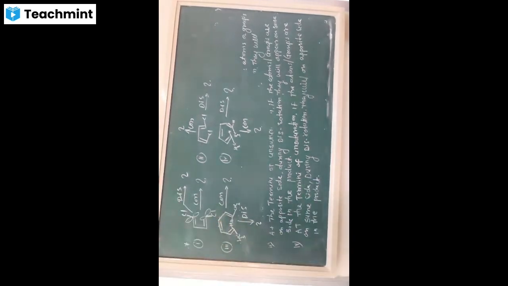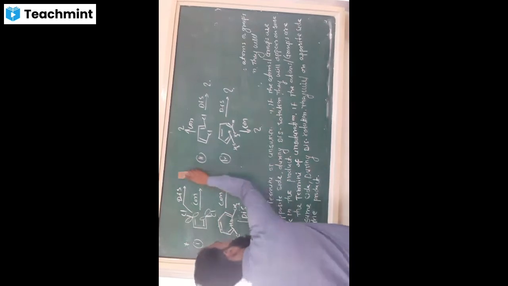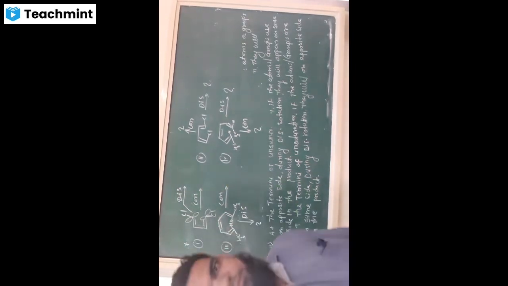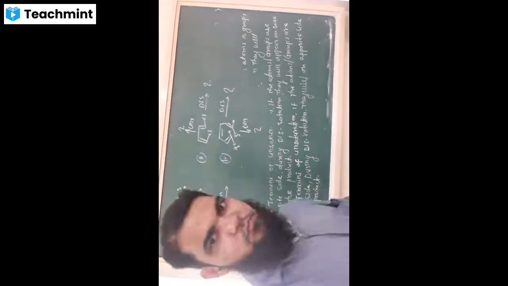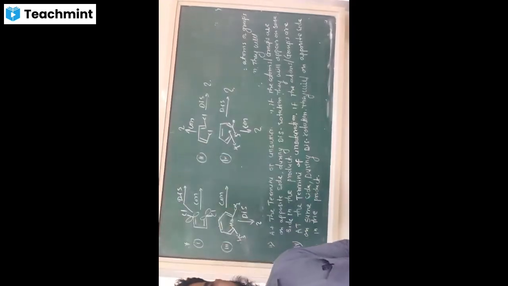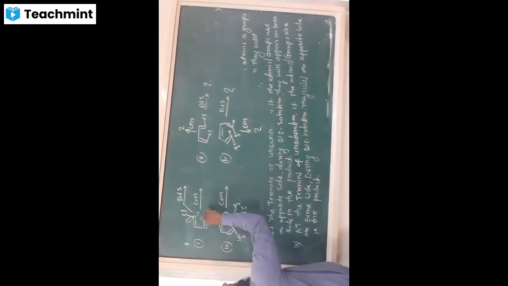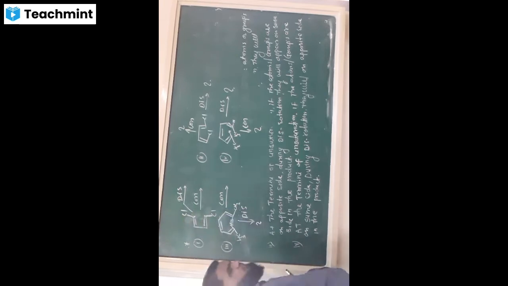I think you all have solved all these examples. So in case of first example, what is the product? So this is a carbon-carbon double bond and this is the termini double bond. If you see at the termini of this double bond, one chlorine is on right hand side, another one is on left hand side.